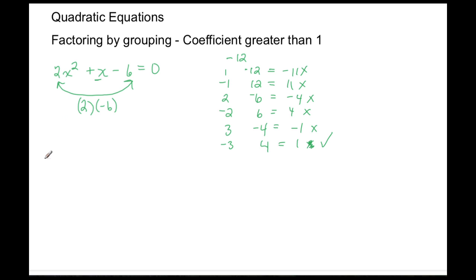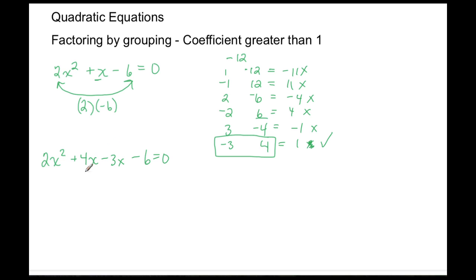Next thing I do is keep my first term, which is 2x squared, and my last term, which is -6. Now, knowing that I need to use the -3 and the positive 4, I ask myself what is the better match for this coefficient of 2 so that I can factor, or which of these numbers have a common factor. In this case, I'm going to match up this 2x squared with this 4. So I'm going to place here a 4x and then minus 3x.